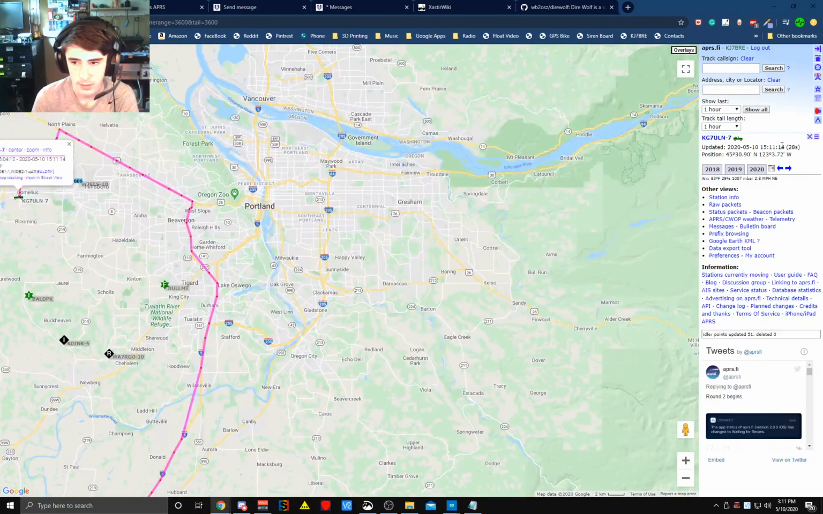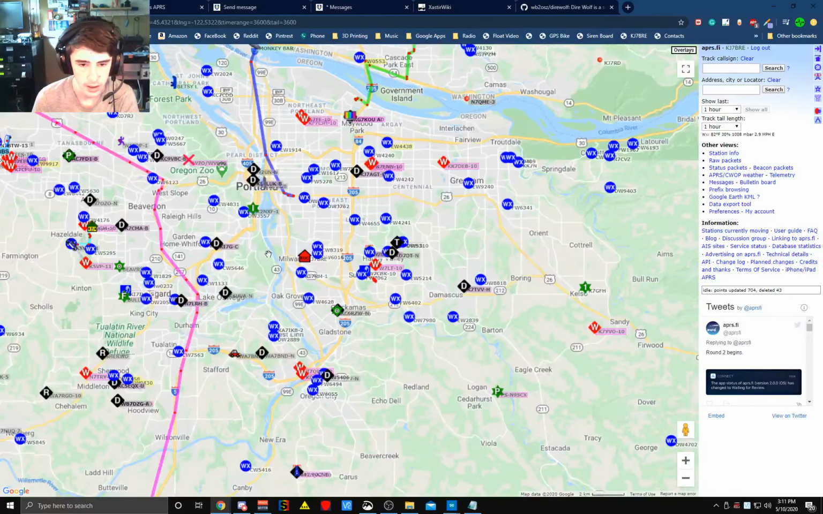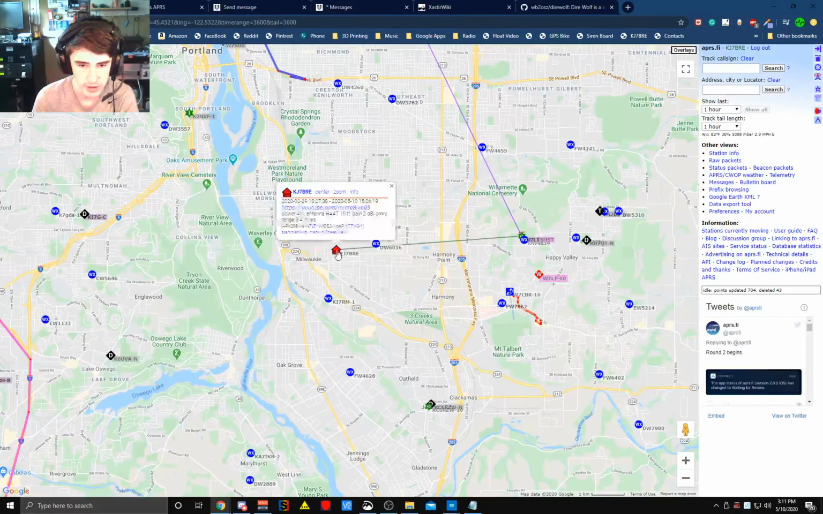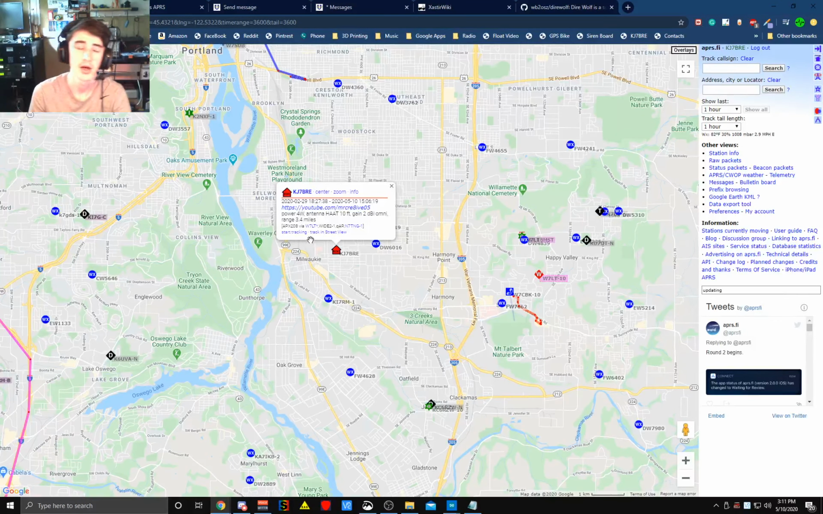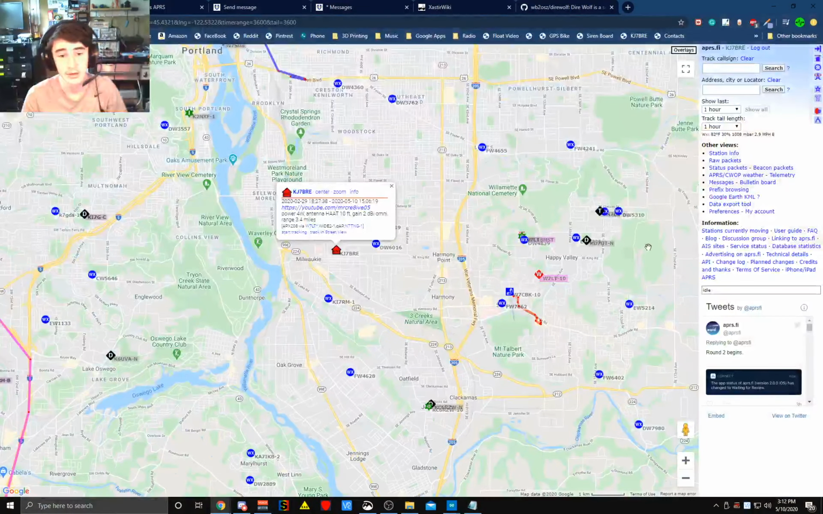Okay, and we'll exit out here, and you'll see my station right here, KJ7BRE, with my YouTube channel attached to it. That's actually that laptop you just saw. It's sending APRS packets. And I'm going to be talking a ton about that laptop later in the stream,